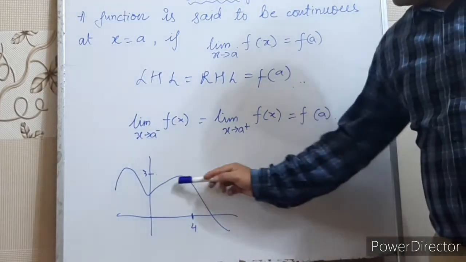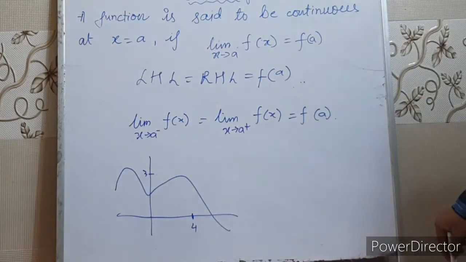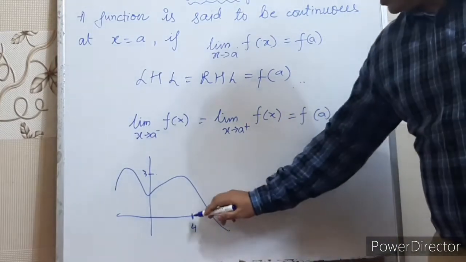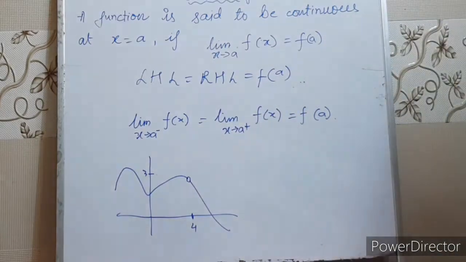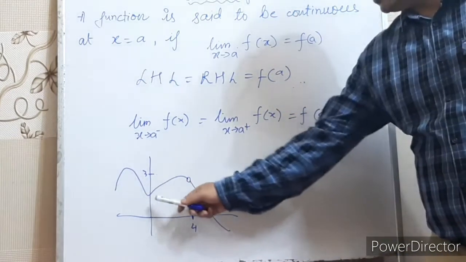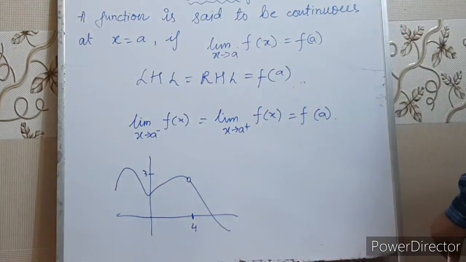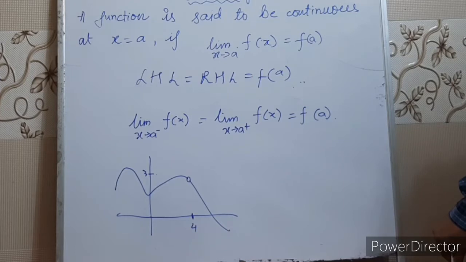Right, children? Now, if we see the graph, I have drawn a graph for you. In this curve, the function is defined at every point. So, we can say that the function is continuous by looking at the graph. And suppose at 4, the value of the function does not exist, right? Then we can say that this function is continuous except at 4. That means if the domain excludes 4, the value of the function does not exist there. Right, children? Note down.